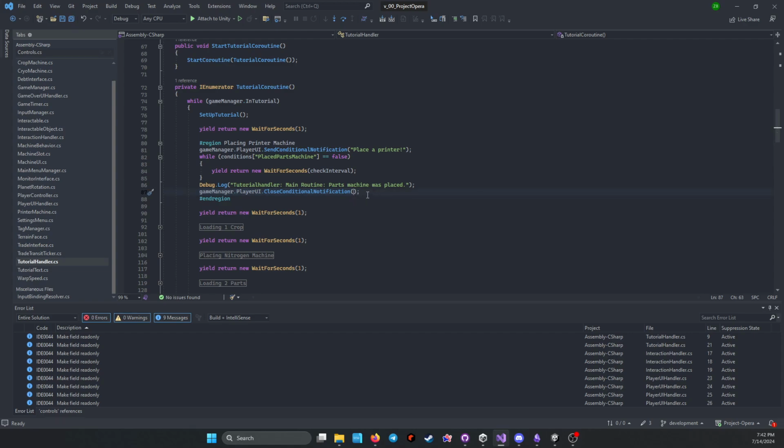Now, this is maybe an agnostic command that we're sending, if that's the right word. It does not care what the conditional notification is. It has nothing to do with this condition here. It just says close the current conditional notification. So if I show you my